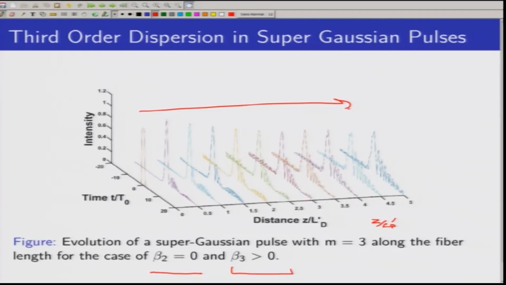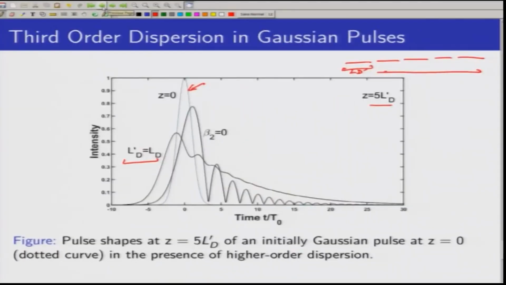As we move, even at 0.5 LD dash, which is half the third order dispersion length, we see significant distortion in the trailing edges of the pulse, and as we move ahead the pulse gets distorted more and more. We also see some pulse broadening happening as we move along the dispersion length, and there is much more distortion because super Gaussian pulses are much steeper than normal Gaussian pulses. So, we see a significantly larger distortion as compared to the previous case,